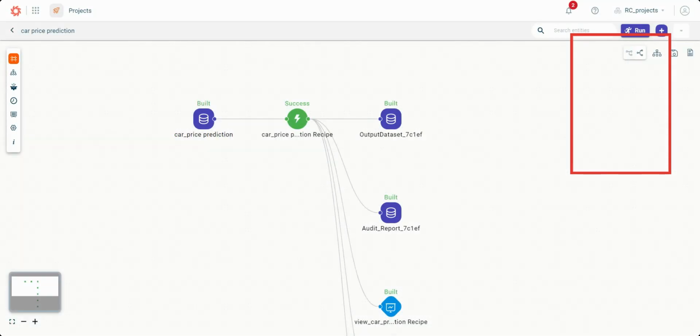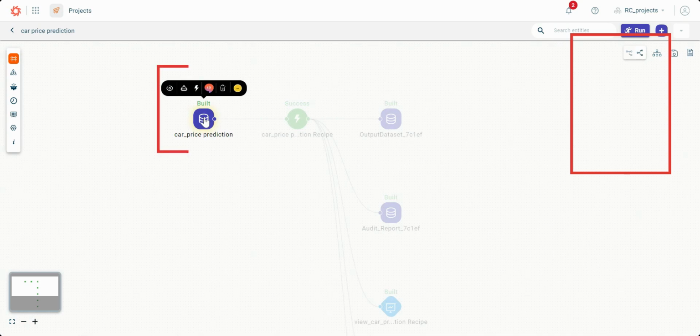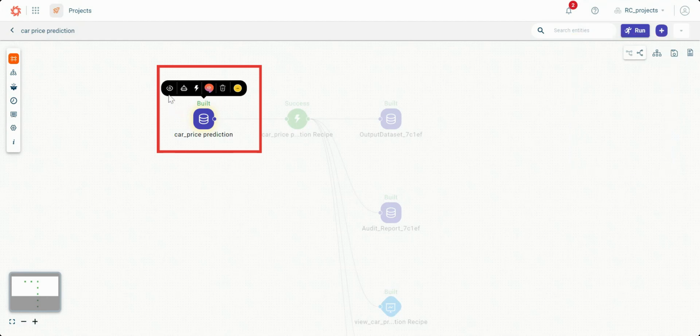To interact with each block or node on the canvas, simply right-click on it. These options typically include View Details, view the columns in the dataset and its schema. Run Recipe, apply an AI-assisted or rapid model recipe to transform the dataset. Delete, remove the dataset block from the canvas. Collapse, collapse the other nodes attached to this node. AI Guide, use the AI Guide to engage in a chat with the AI, ask questions about the data, and get accurate and insightful text responses. These options allow you to manage and manipulate your dataset effectively, ensuring that you can perform necessary actions directly within